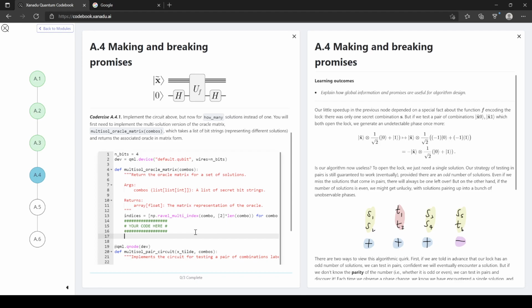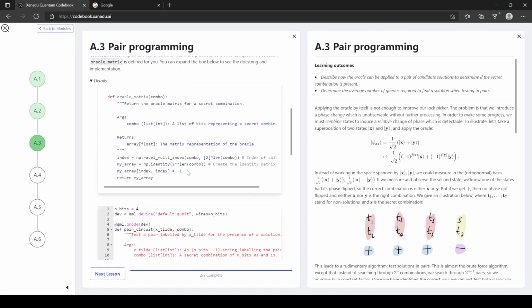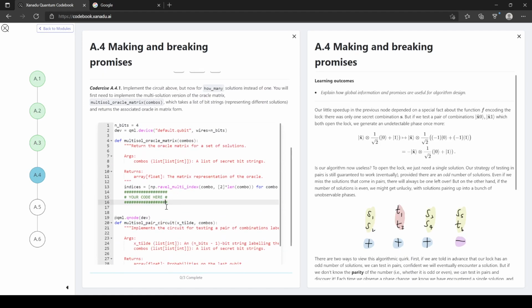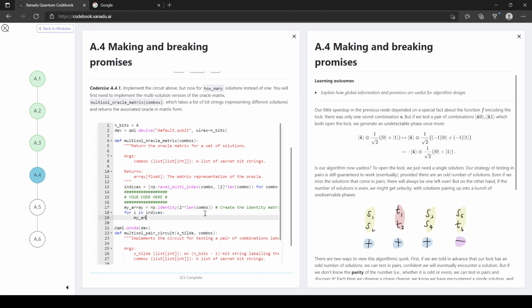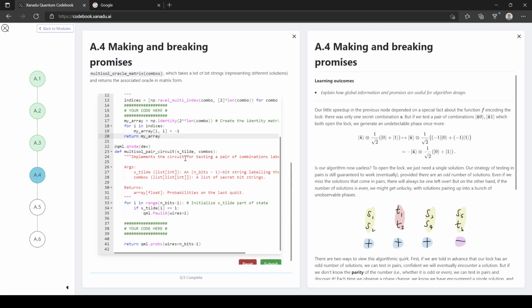All right, I will use the advanced technique. I'm gonna do this right here. Copy this, and then we're gonna go over here. We're gonna say for i in indices, my array of i equals -1. Now we return my array. All right. And then